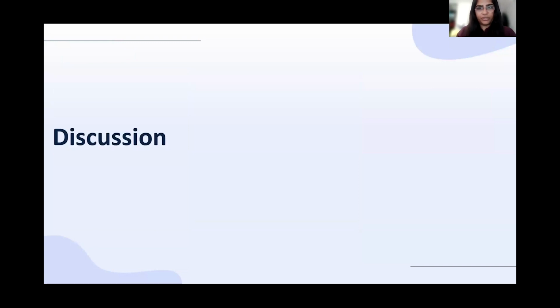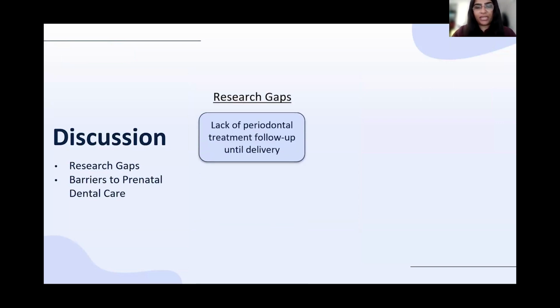Moving on to our discussion, our meta-analysis of randomized controlled trials reported a reduction in the odds of preterm birth following non-surgical periodontal treatment. However, these results did not achieve statistical significance, possibly due to several inconsistencies among the studies. First, most RCTs included in the analysis administered only a single session of the treatment